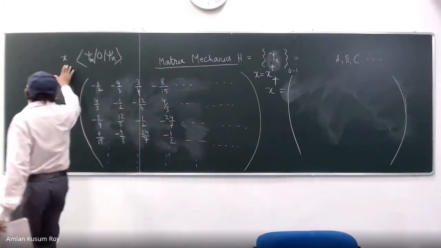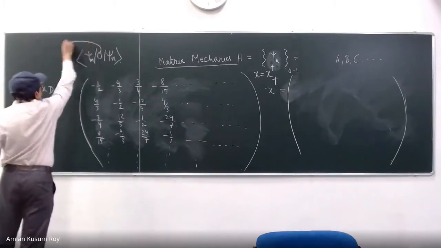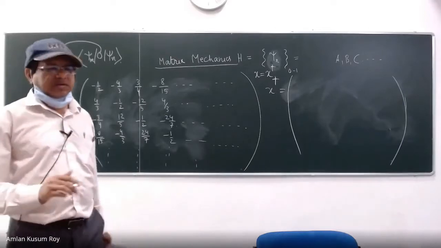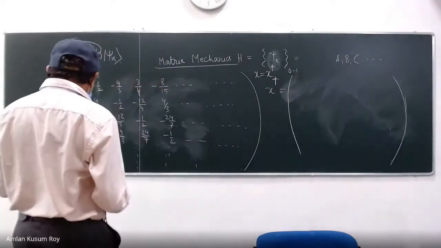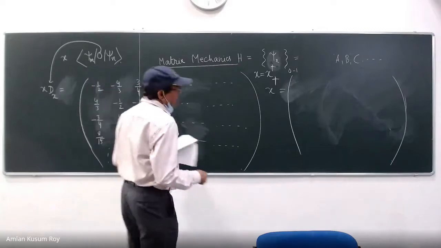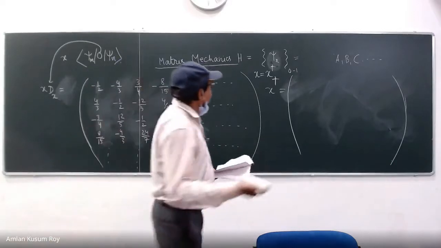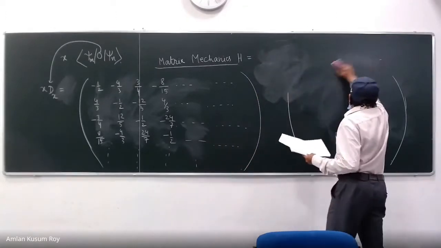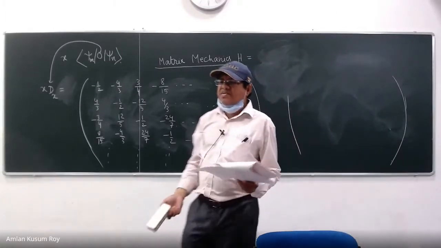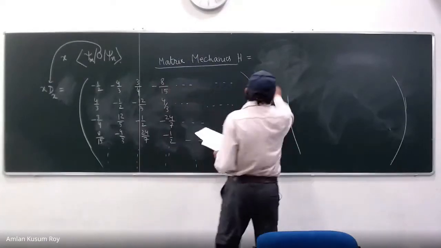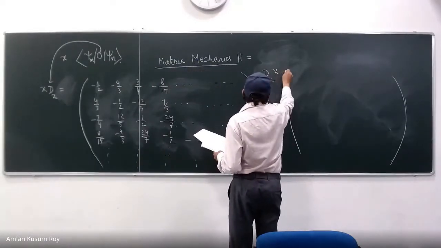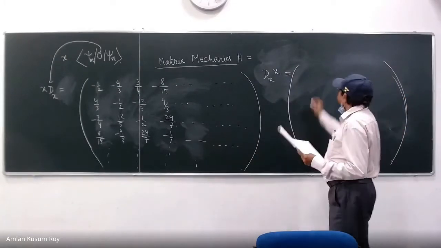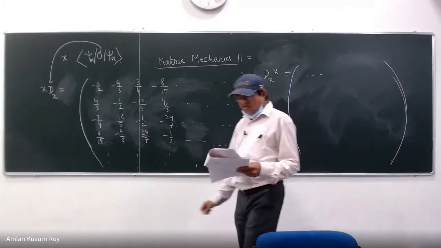So how did I get all this? I just took the X d/dx operator here and took the same basis. So these are all in the same basis of the particle in a box wave functions. Okay, so this is my X d/dx. Now I want to write d/dx X in the same basis. Remember, the basis is always the same. We have just chosen that basis for our purpose. You can choose another basis. So d/dx X, can you tell me what is going to happen?